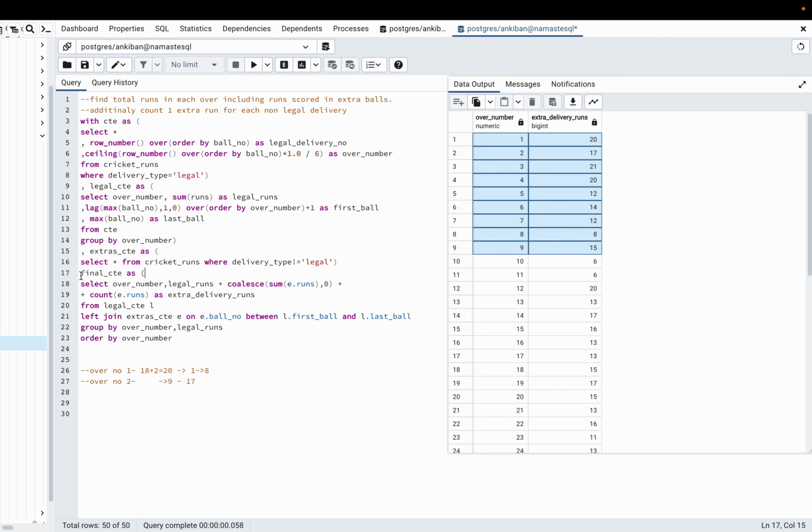Let's verify if our answer is correct or not. And I will say select sum of, so this is my final total runs. Let's call it total runs in each over. So I will do select sum of total runs from final CTE.